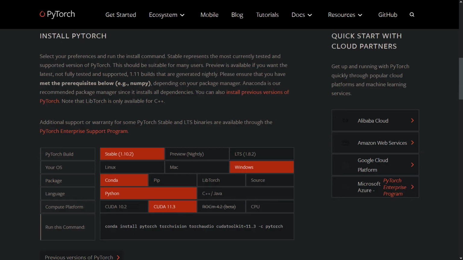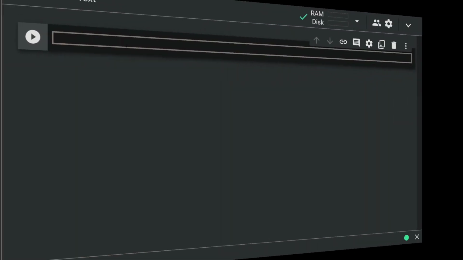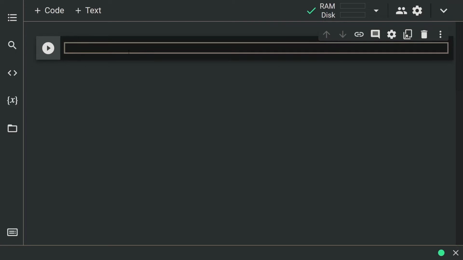If your computer has NVIDIA graphics cards, don't forget to select the GPU option. With GPU, you can do your deep learning analysis 50 times faster. If you don't have a powerful computer, don't worry. You can also do deep learning analysis using cloud platforms like AWS. But using this cloud service is paid. Colab is a cloud-based free service offered by Google.